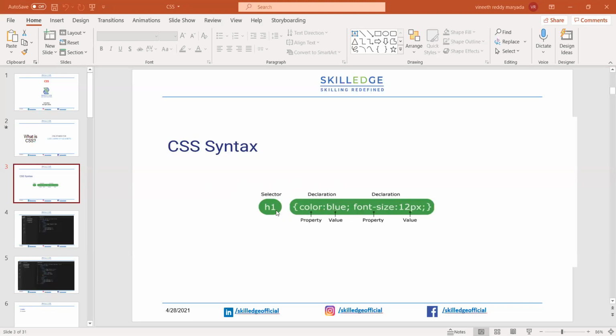Using these HTML elements as selectors, we can apply different CSS to that particular HTML. Here I'm using H1 as a selector, and whatever styles we apply inside the declaration block will be applied to this H1 selector.